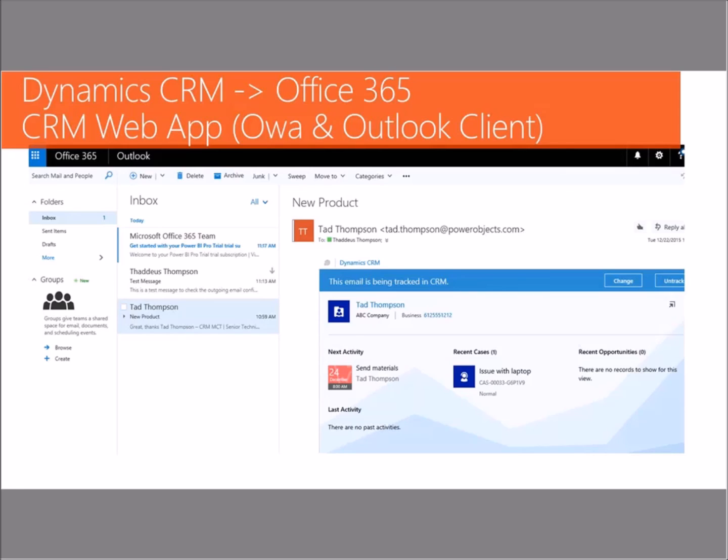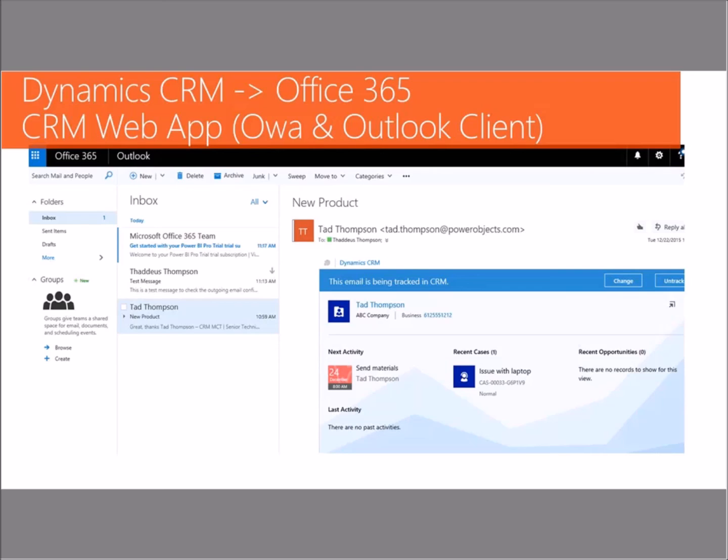And it's available both in OWA and the Outlook client, which means if it's a user on the go, you can log into OWA, the Outlook Web Access, and track an email in CRM, and create a contact if it's a new contact, all from that web UI. And it looks the same whether you're using OWA or the Outlook clients.